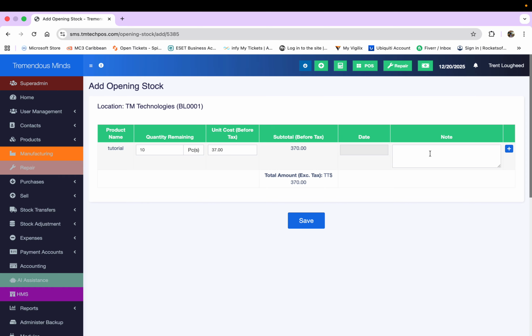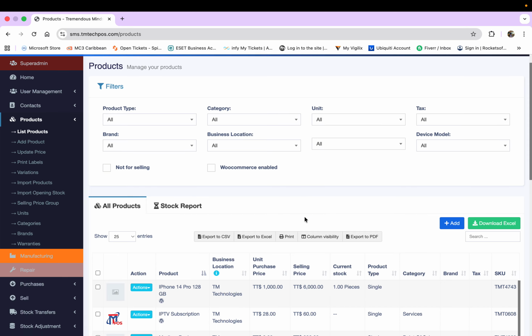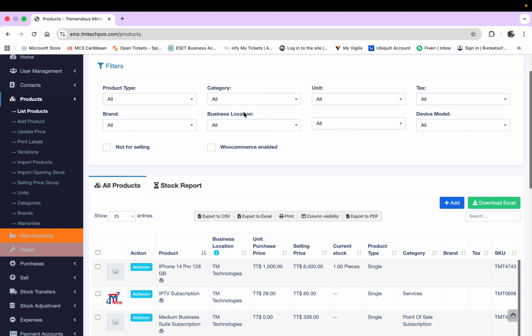We can add notes to this item, or we can simply save. And just like that, we added our